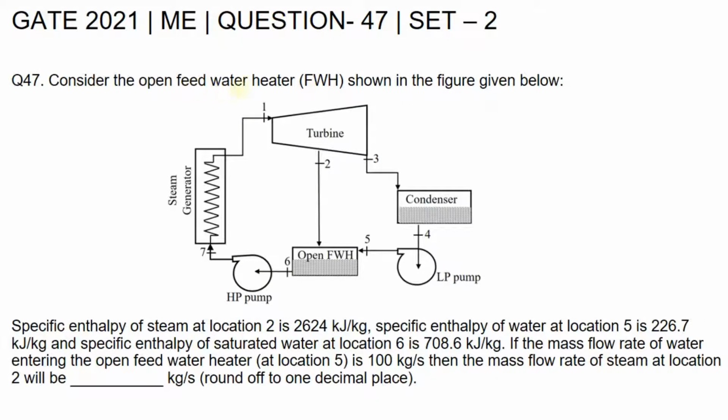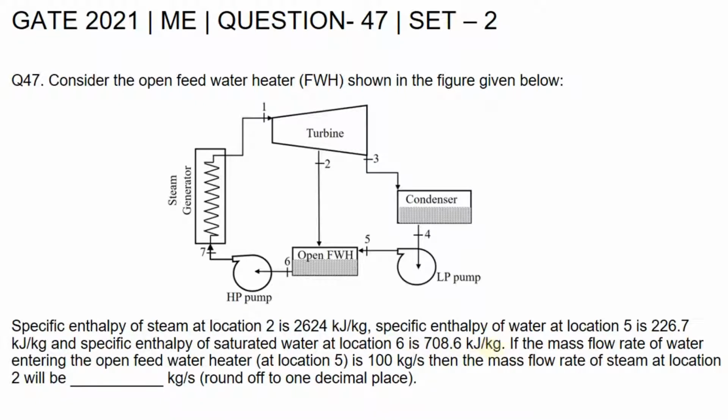Consider the open feed water heater FWH shown in the figure given below. This is the figure given of the open feed water heater. Specific enthalpy of steam at location 2 is 2624 kJ per kilogram. Specific enthalpy of water at location 5 is 226.7 kJ per kilogram. And the specific enthalpy of saturated water at location 6 is